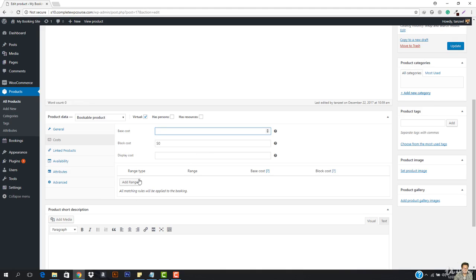Okay, and then we have this range. All matching rules will be applied to the booking. This range is not recommended to use. You can use this range in the availability instead of here. You can give a discount code like that. So how this will work is that if I want to give a discount,